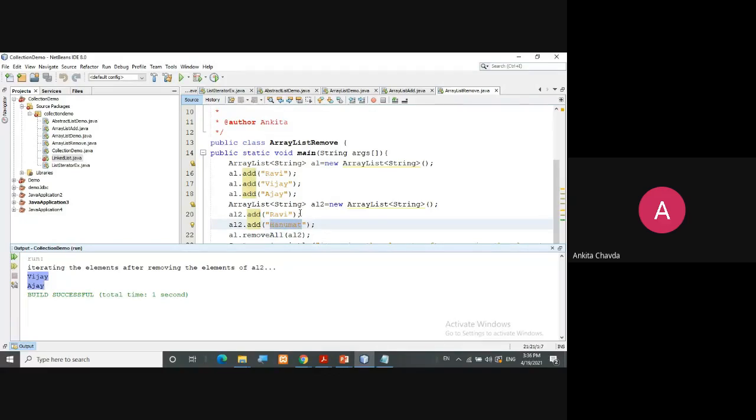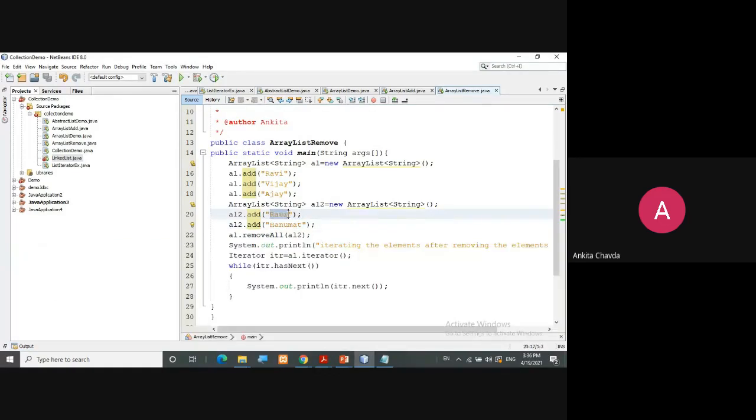So yes, one of you has given the correct answer. If the elements are repeated, and that element is there in AL2, then it will be removed from your AL2 list as well as from AL1. It is removing all the elements of your AL2 because we have written removeAll(AL2).